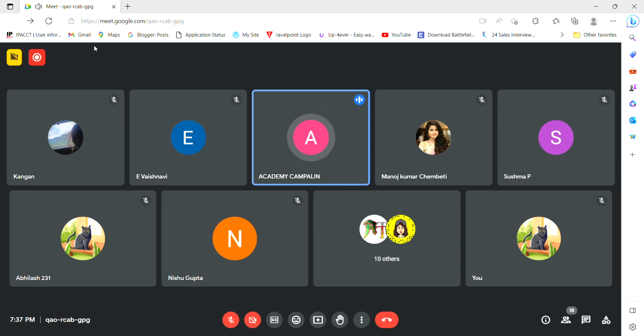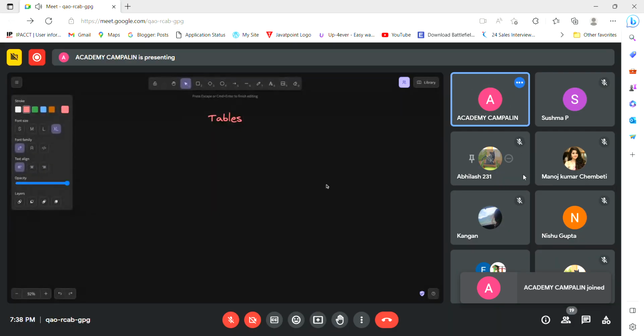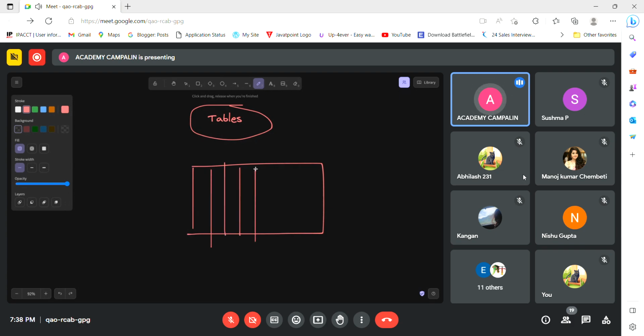I guess we were done with the lists, right? So we are going to actually cover something called tables. Okay. So a table is something in which we actually organize data in the form of rows and columns, right? These are nothing but the rows,